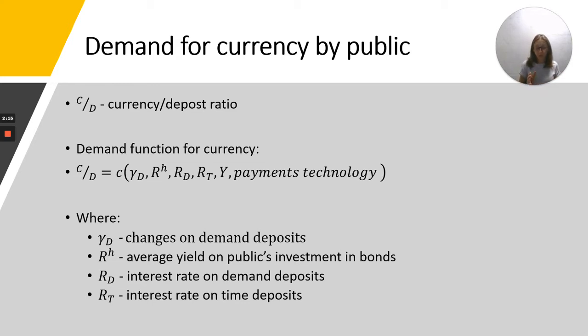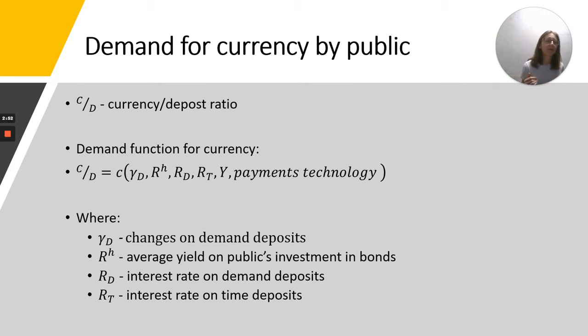So we would do one more adjustment here. We would say that it's not only cash that we are concerned about, but it's the currency to deposit ratio. That is, what share of money people would hold as cash and what share they would put as a deposit. And looking at the function, which is written down here, you can see that all the factors are listed that we already discussed and we know. So we can say that this currency deposit ratio depends on changes in demand deposits,